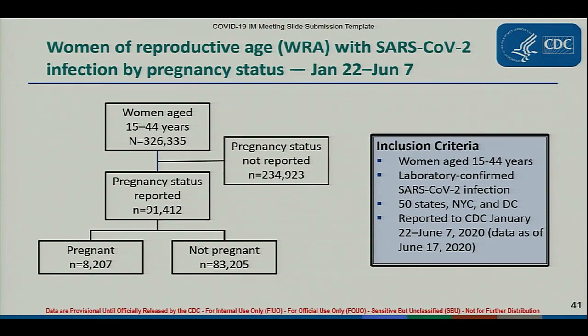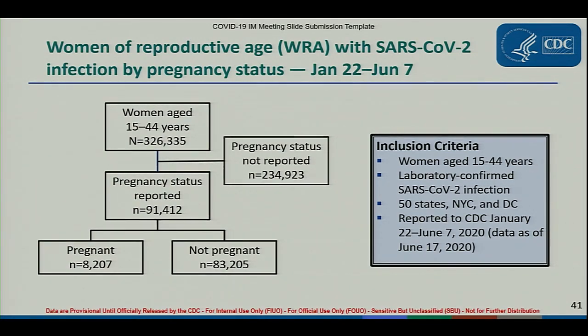Now I'll present information from an MMWR scheduled to be released later this week. From January 22nd through June 7th, there were over 300,000 cases of lab-confirmed SARS-CoV-2 infection in women of reproductive age, defined as 15 to 44 years, reported to CDC through COVID-19 surveillance. Of those, 28% had available data on pregnancy status, and of them, just over 8,200, or 9%, were reported as